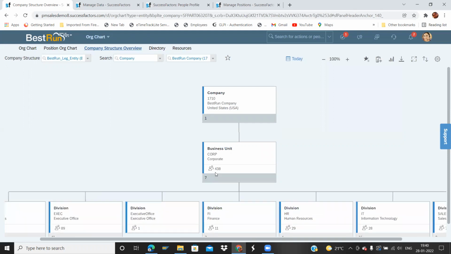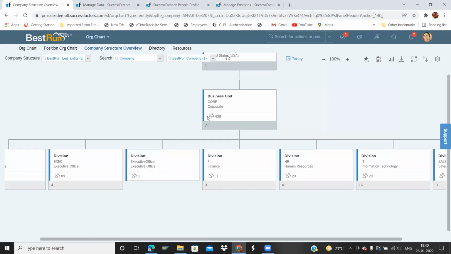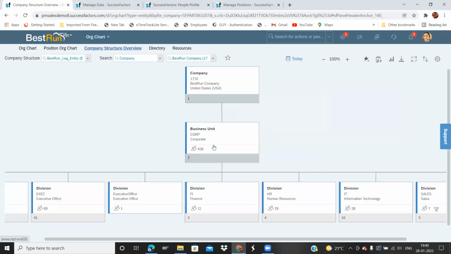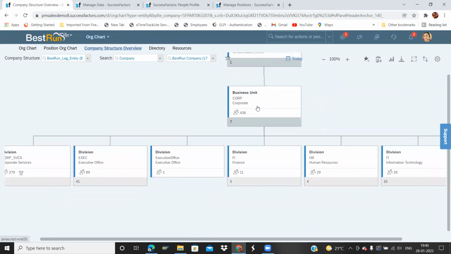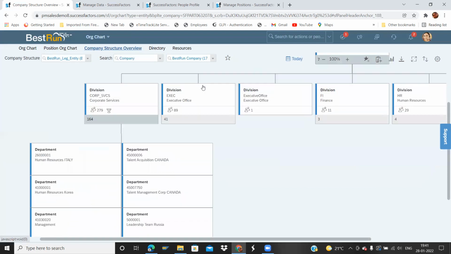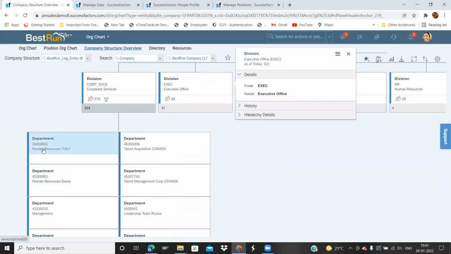Here count of people I have selected: 438 people are there in this business unit. Here division also, I have selected count. So based on the selection, you can see the difference. Now here department, cost center I have selected. So here you